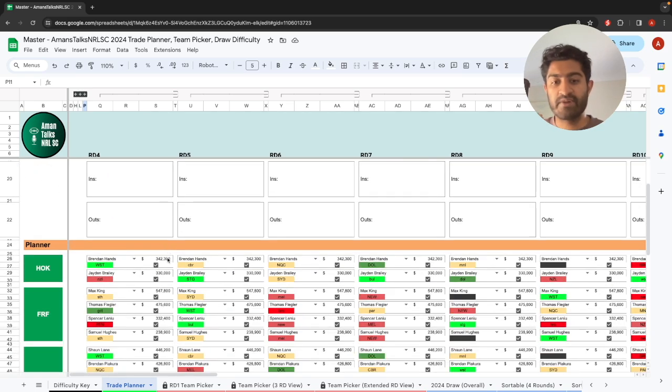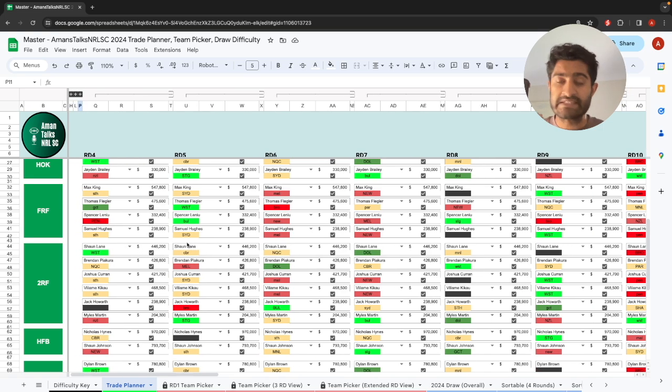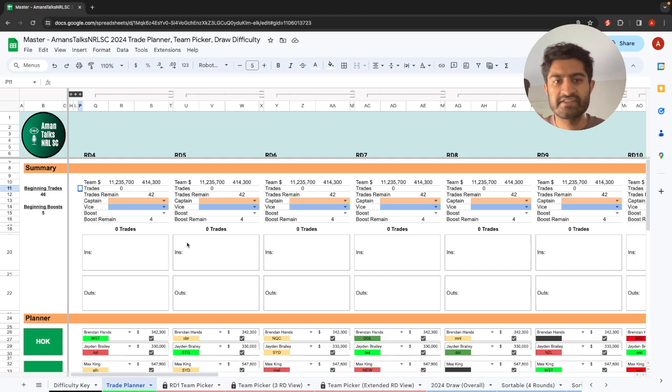So that's really the trade planner. It will work for all future rounds as well, split by position. And as I say, hopefully it's a useful resource for any of you guys out there who are a little bit more strategy based, want to use your trade planning, and you do that trade planning in a little bit more detail. So what I've been thinking in terms of the actual pricing for this,